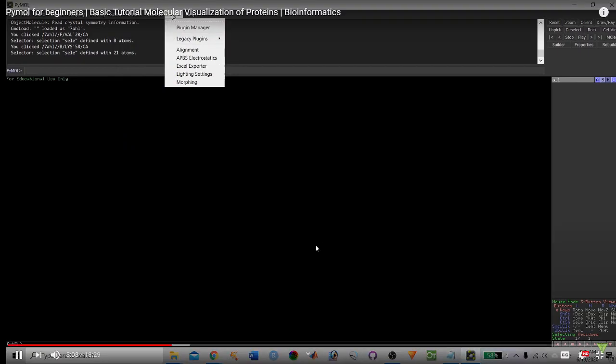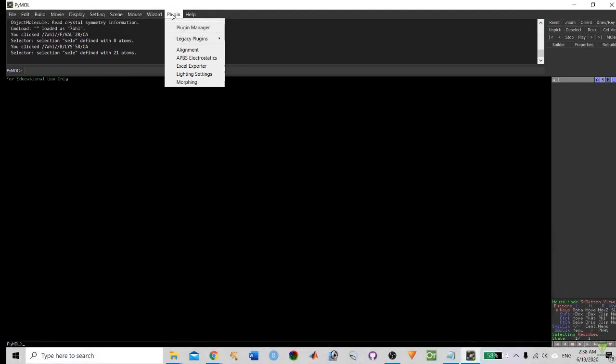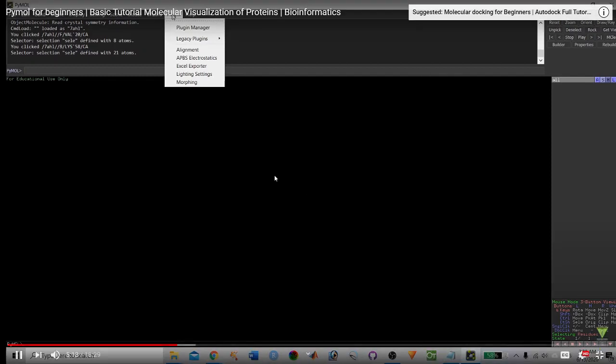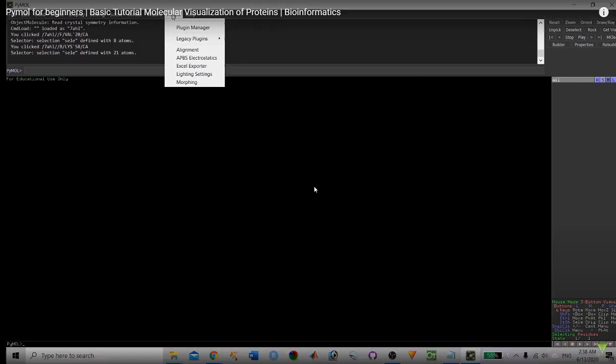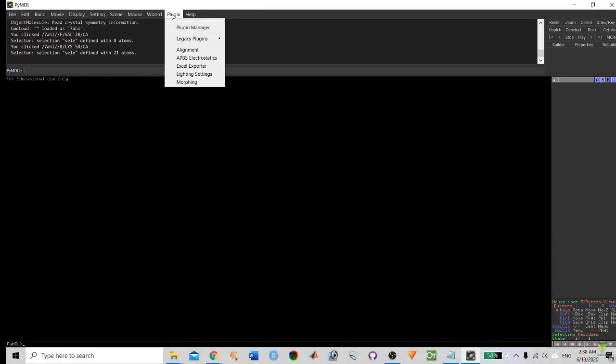So I'm going to provide the plugin information also in the description box. Please check if you want to install some of the plugins. We have so many plugins available, even for GROMACS, Molecular Dynamics, and even for AutoDock. There are various plugins available for PyMOL, where you can install all those plugins very easily in PyMOL. So I provided the plugin information in the description bar. Please go through it. You will find more information about the plugins there.